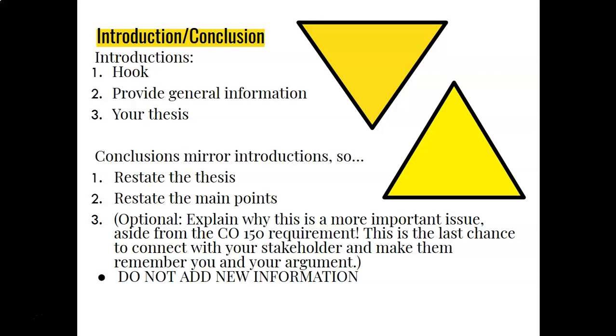So, restating your thesis, kind of establishing my audience now understands these main points, restating those main ideas, and kind of building back out to find why that information is going to be important, even outside of CO150. Of course, you're writing this because you want a grade, but all of your issues are actually really important out there in real life, if you will. Why is that? This is one chance to kind of contextualize and show the importance of that information outside of our classroom. One big thing, make sure that you're not addressing new ideas in the conclusion.